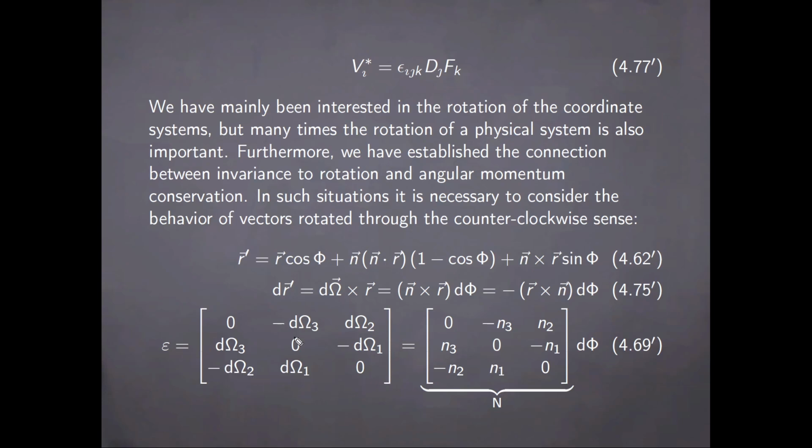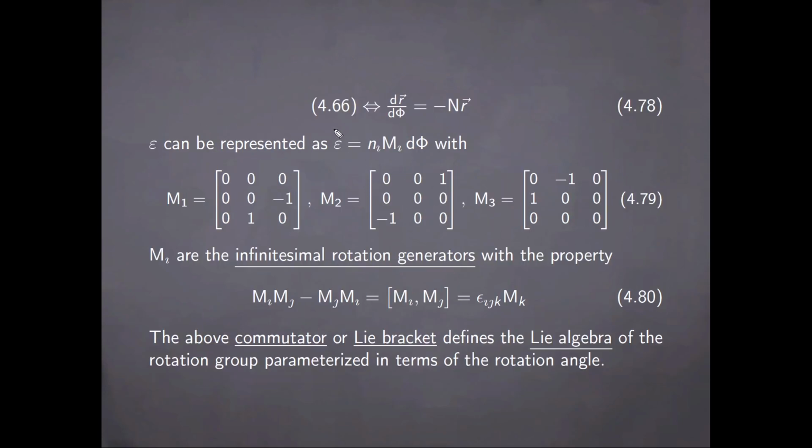To such a counterclockwise rotation of a vector there corresponds a matrix epsilon given by the structure here, which is equivalent to the matrix n having these components multiplied by the infinitesimal rotation angle. The expression 466 we wrote previously is entirely equivalent to the result here, where we would say that the rate of change of r with respect to the rotation angle is given by minus the matrix n multiplying the original vector, and thus epsilon can be represented in the form here with the matrices M1, M2, and M3